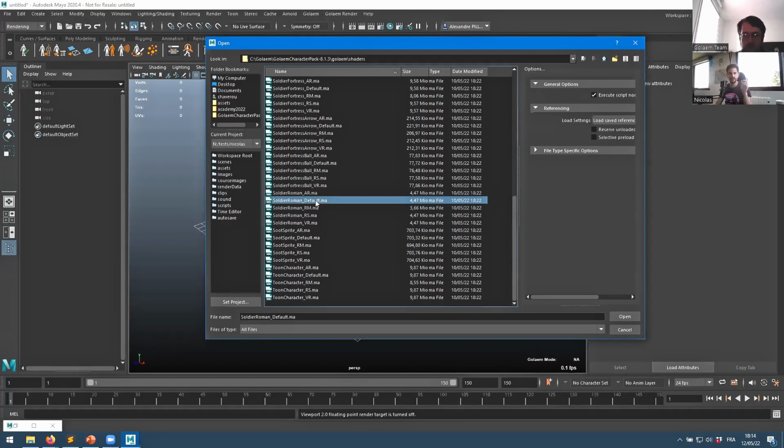So default means it's not related to any rendering engine, so it's going to display properly. So just a native Maya file. It's going to render properly into the viewport. If your rendering is already working, you can take the one for Arnold, RenderMan, Redshift, or